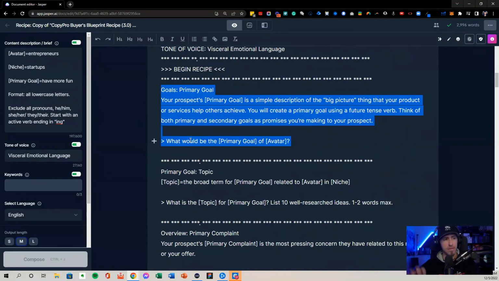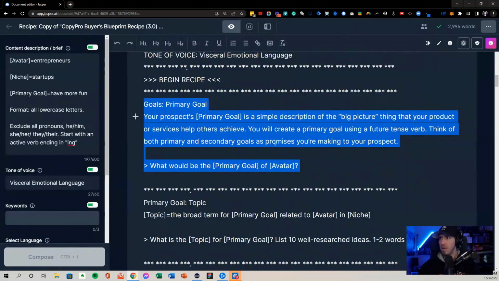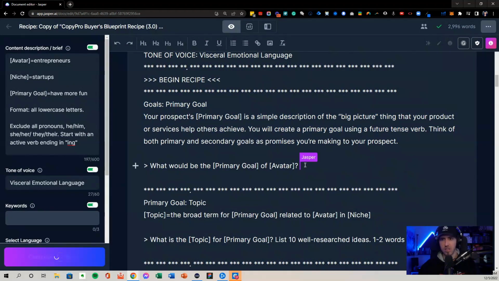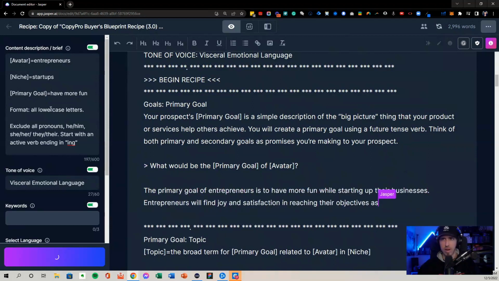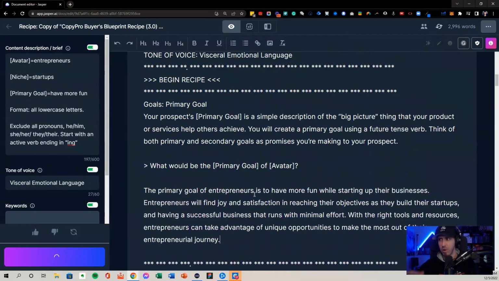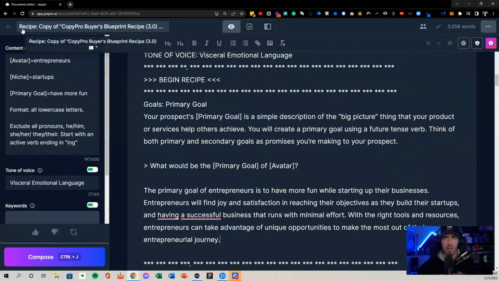What I want to emphasize now as I start to go through and run this is I'm going to primarily be using Command J. And what Command J is, is just another way, you see down here, it's composing how you're telling Jasper to give each of these commands. So what you notice inside of here is we've already kind of answered this, right? But Jasper's going to give you a little bit more on top of it. And so this is going to be a good secondary reference point for things that I'm going to want to look back to as I'm doing anything from marketing for this specific offer